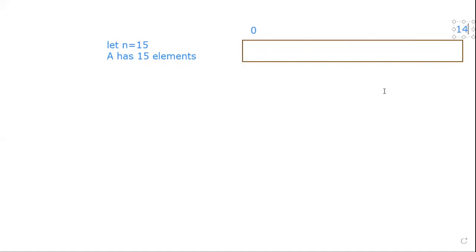Divide into sub arrays. What is the step here? It has 15 elements, so we need to perform the division into sub arrays, because it has many elements that we need to sort. So the first step is to divide this into sub arrays. How are we going to divide here?